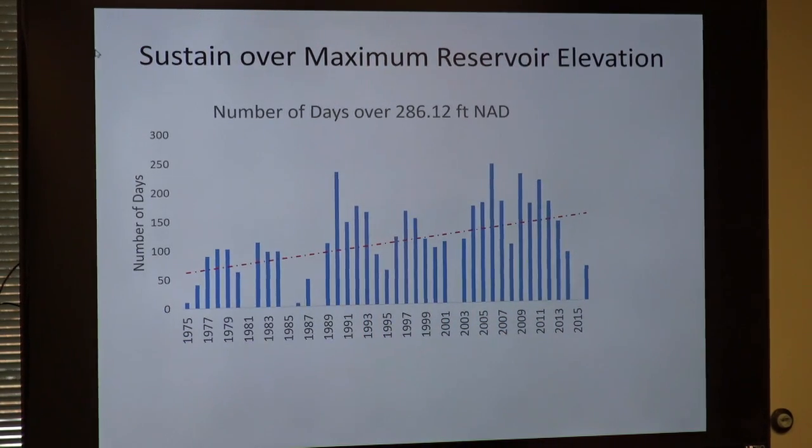Is there any explanation of why there's a steady increase in days that the reservoir was above the max? Okay, so the line that you're seeing, the slope. Well, we just wanted to show whether or not we can see any trend in increase. It could directly lead to the high inflows if we try to relate that to the precipitation. One way to look at this would be to put a precipitation graph next to the number of days and see if we see correlation, the increase of precipitation leading to increase in inflow,